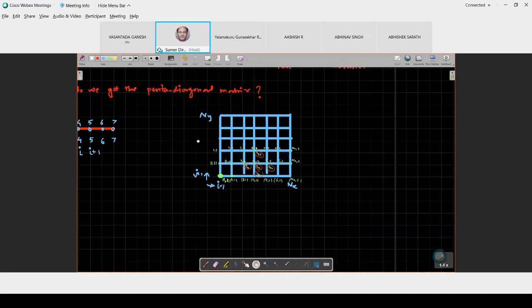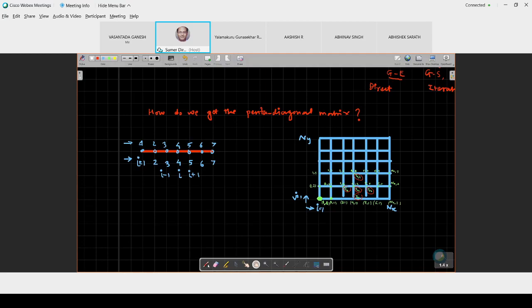And in 1D cases, you could write this as T1, T2, T3, T4, T5, T6. So that when you get the matrix, you used to get the coefficient matrix like this and the column vectors like T1, T2 up to T7. Okay, up to T7, and that you had this.